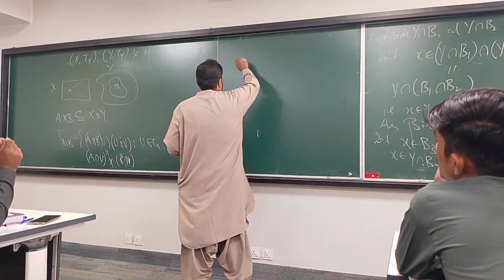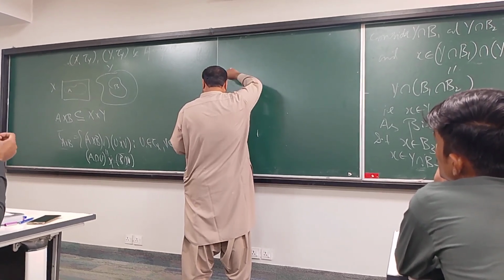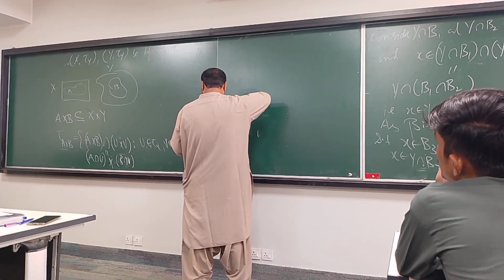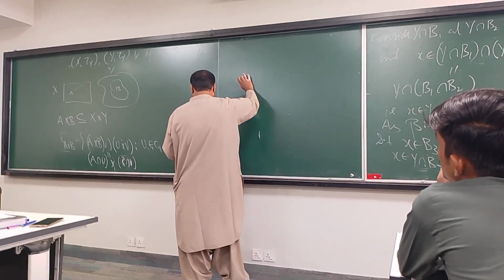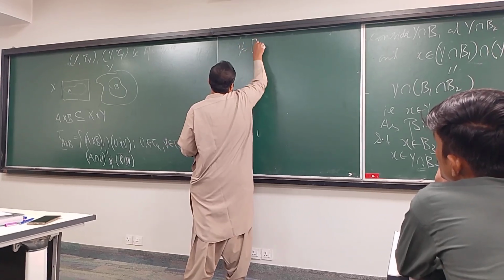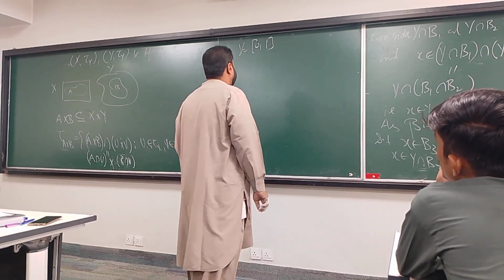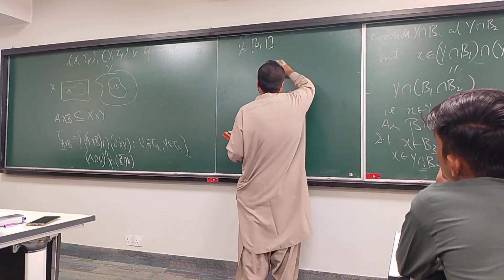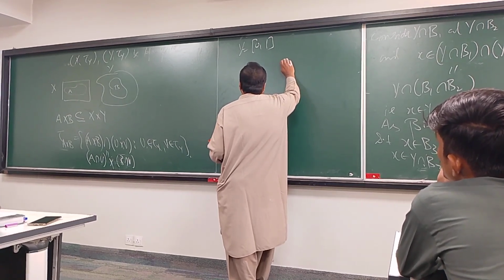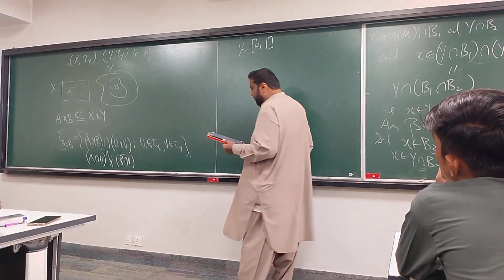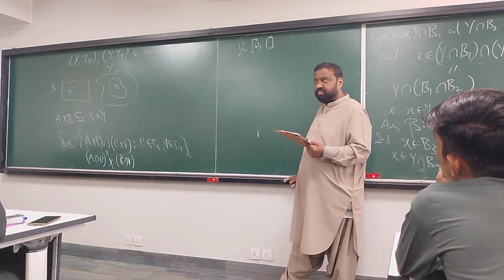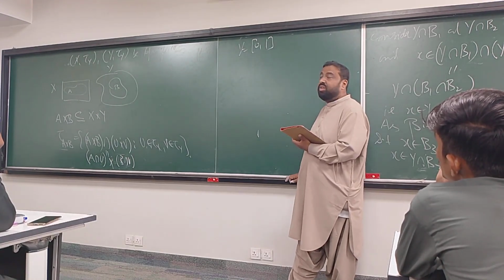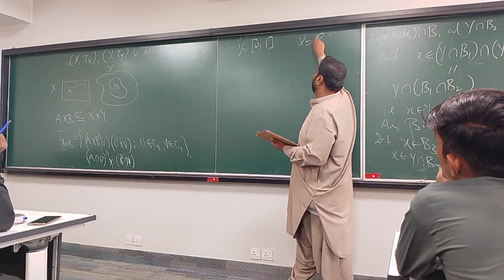But here's another example. So let's say that X is, let's say that I take this closed interval. So here's the thing. On Y, can you tell me some topology? Union of Y, which topology? For example, if you take X to be R actually,